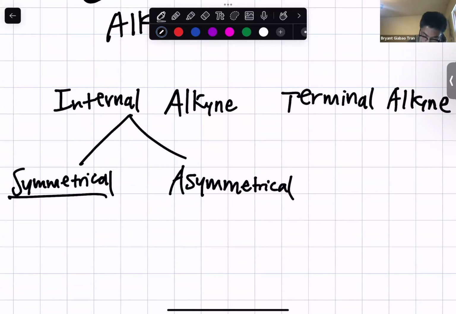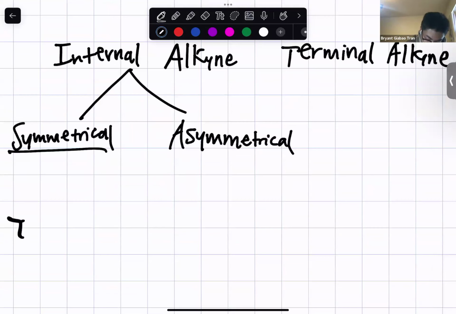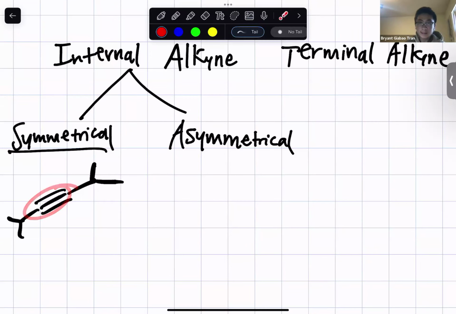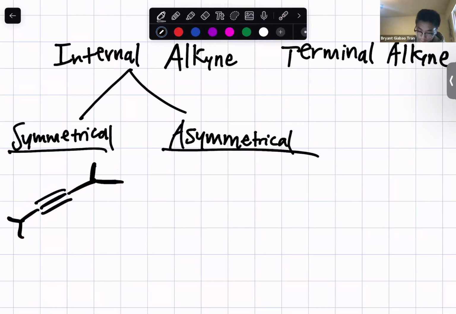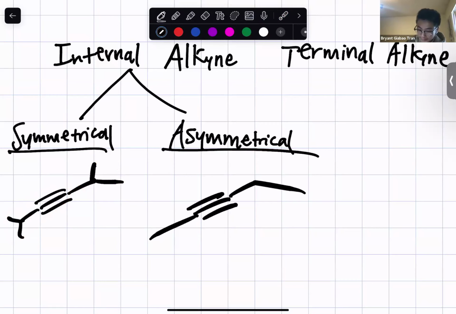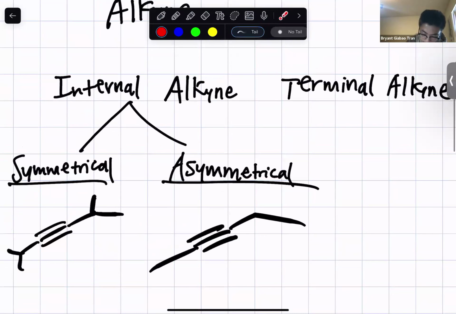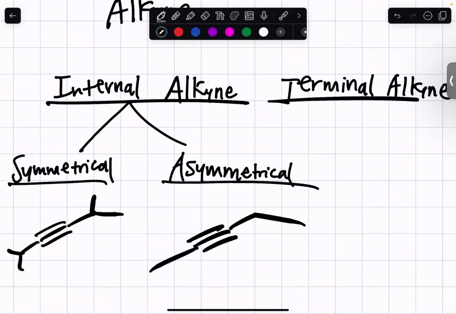A symmetrical internal alkyne is, let's say we have a triple bond between these two carbons right here. This is symmetrical because the two R groups are the same. They are both isopropyl groups. For asymmetrical internal alkynes, let's say we have a triple bond there. The two R groups are different. This is asymmetrical because this is an ethyl, this is a methyl. Okay. For terminal alkyne,